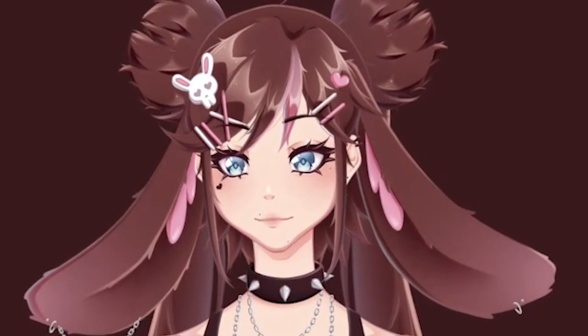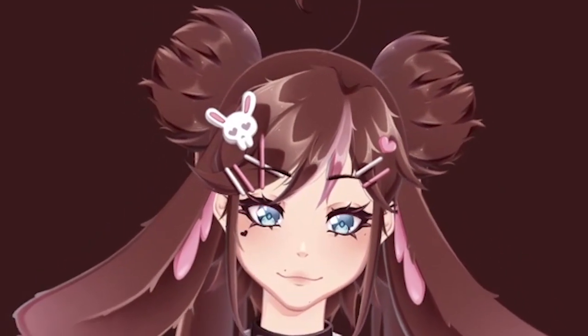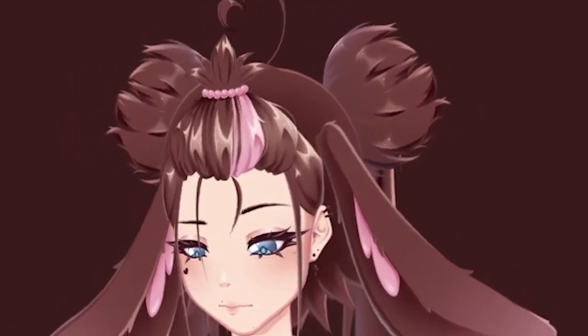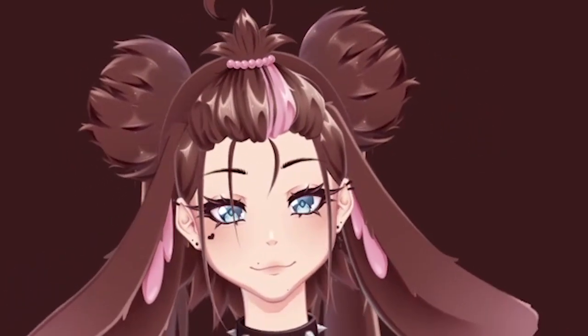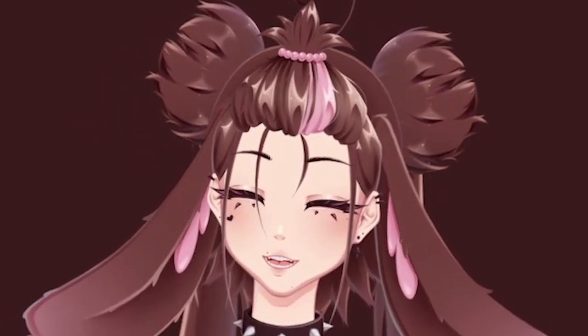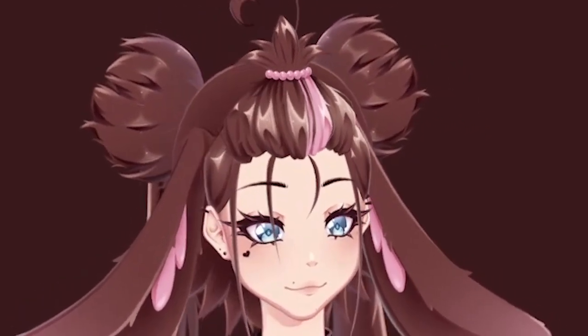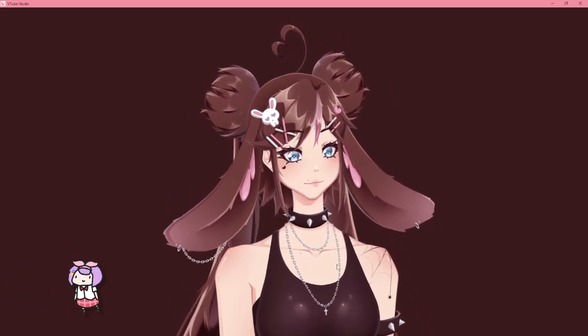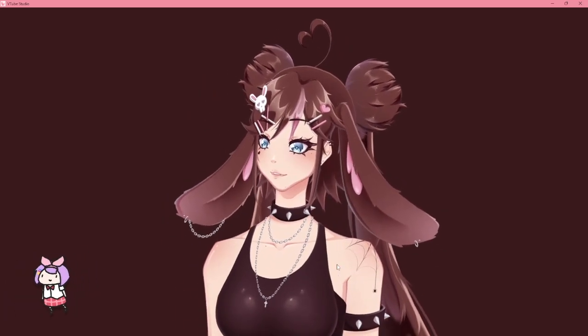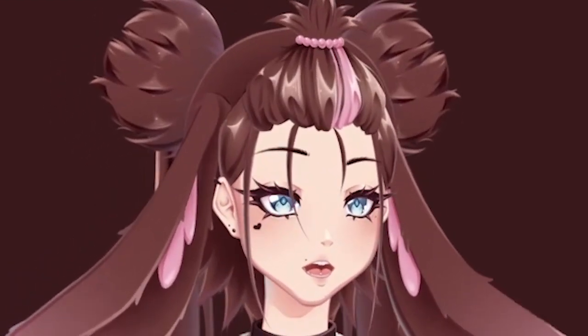Oh, random thing. Hold on. Look at this. Look at this hair. I almost wanted to just completely change which hair was my default because I thought this was so cute. But this was the hair I was originally meant to have, and this is the hair that I rigged this head to have